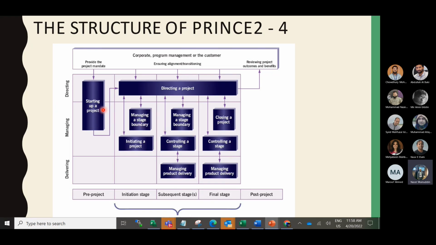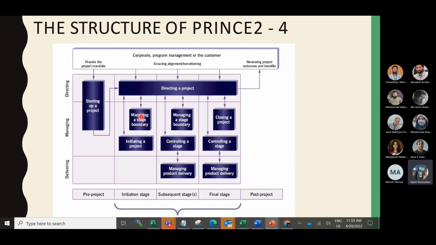Here, I forgot to mention that in this process, the executive and the project manager are already assigned. So when they initiate the project, the project manager prepares the detailed business case and other things. For each stage, there is managing a stage boundary, that means going for the next stage.